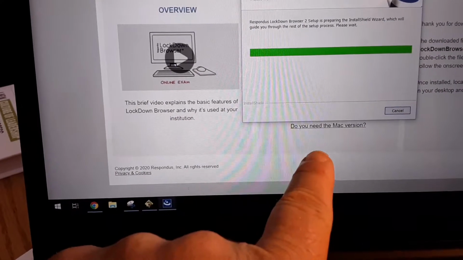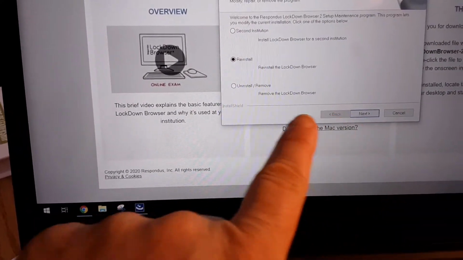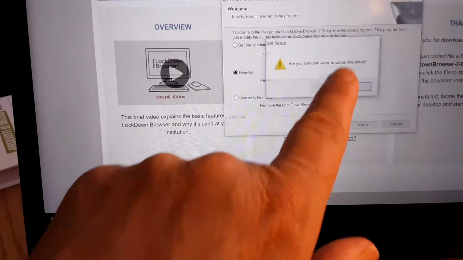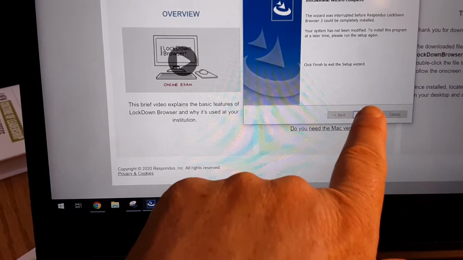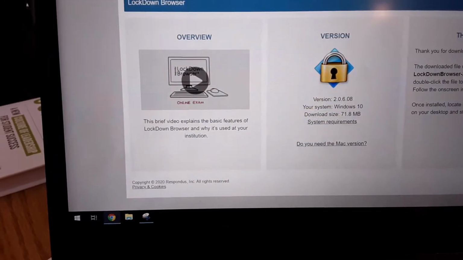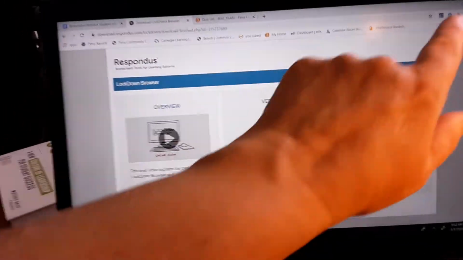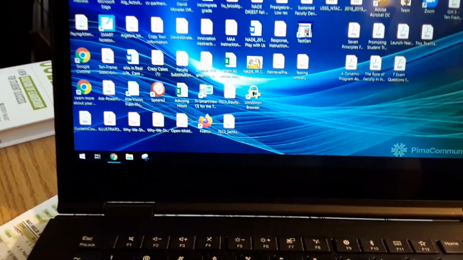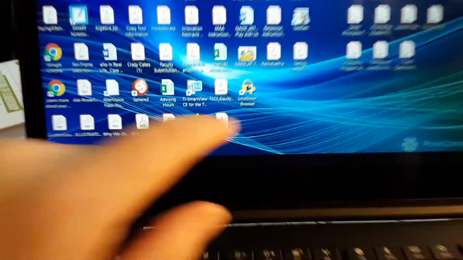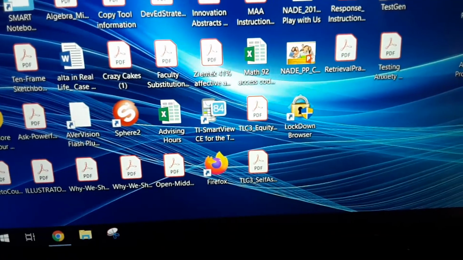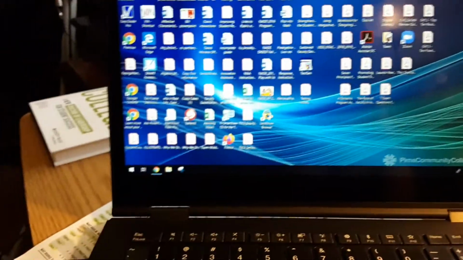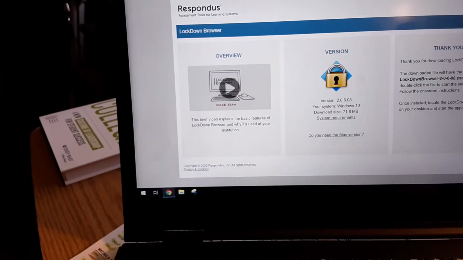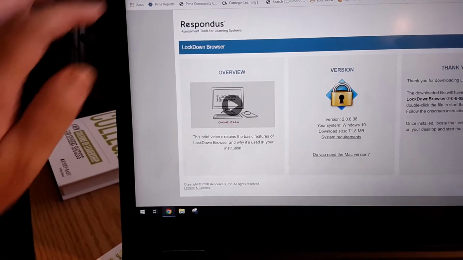And then there's a setup. I'm not going to do this setup, so I am just going to cancel out of this, but you'll just follow it until it's done, and then you'll say finish. And when it's finished, you'll have the Lockdown Browser. You can tell that you have the Lockdown Browser by looking at this little lockdown button that you need to have there. And so then when you're done with that, you're going to want to exit out of everything,